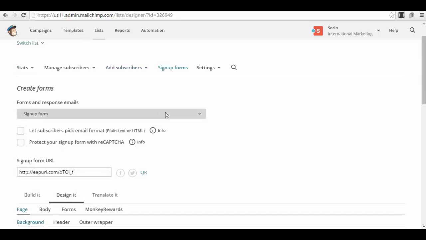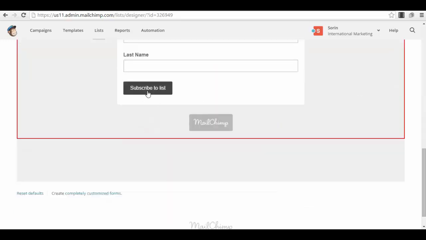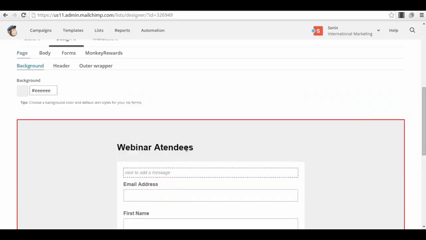Okay, now after you have seen the sign up form, what you need to know about MailChimp is that people will only be subscribed into your actual list with a confirmation. Okay, so it's a double opt-in, so people don't just put their details in the sign up form, push the button subscribe to the list, and they will be subscribed. No, it works a little bit different. They will get a confirmation email from MailChimp where they need to confirm that they subscribe to your list. So it's a double opt-in. That's how this is called.